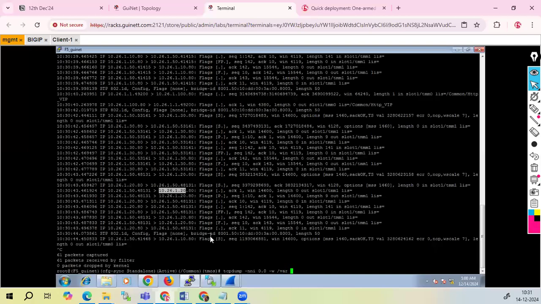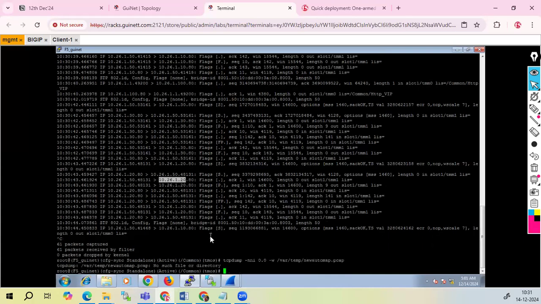So temp and new auto map dot pcap. So what is this command used for? Give me 1 second, I will let you know, don't worry. So var temp tmp temp, it's saying that